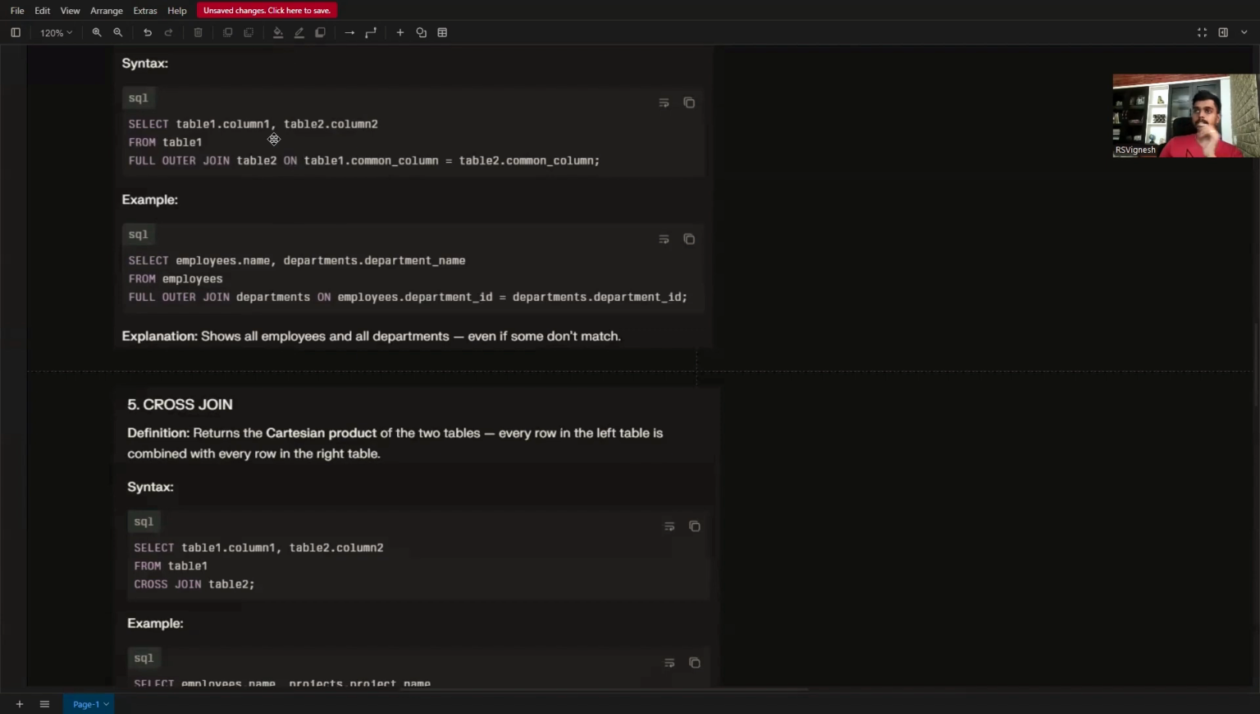So same example, these employees and department tables, we are displaying all the data available on both the tables. For example, an employee who isn't assigned to any department will be shown as null. Same like that, if any department doesn't have any employees, it will be shown as null. Okay. Then